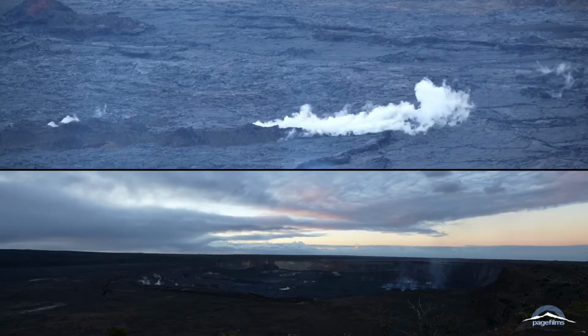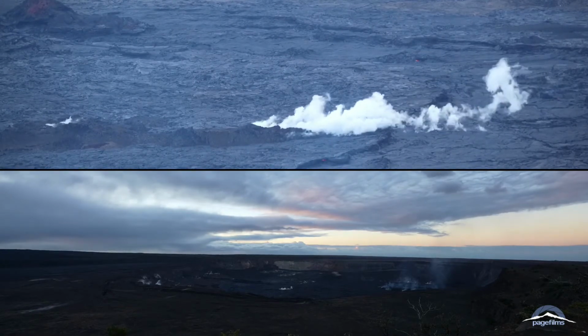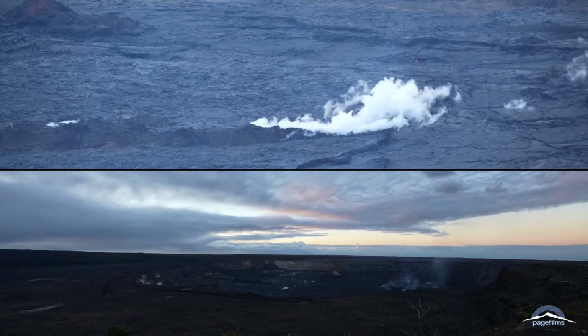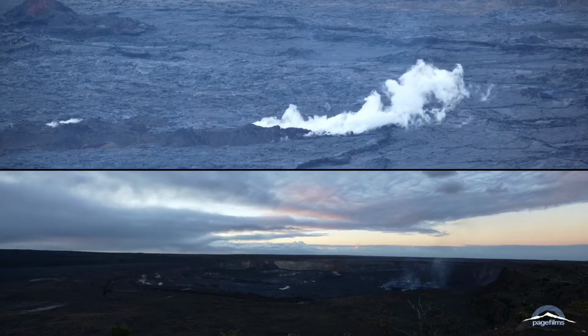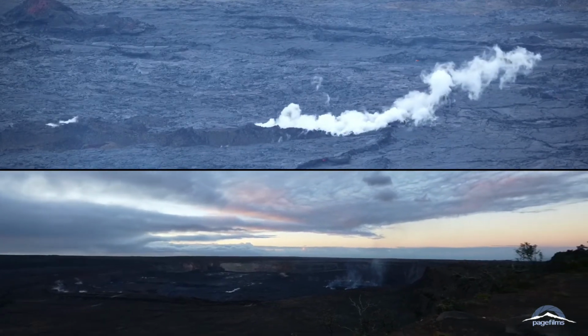I'm gonna swing this wide angle around just so you guys can see Mauna Loa right now. It's got some beautiful sunlight on it. How in the world does it even have the sunlight on it? There's like clouds blocking the...